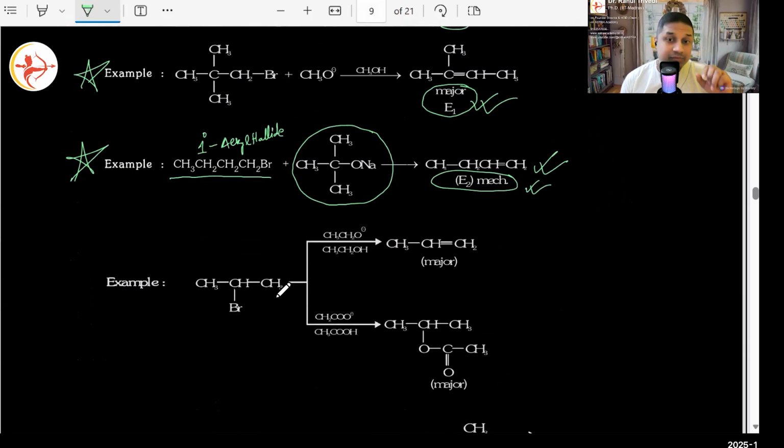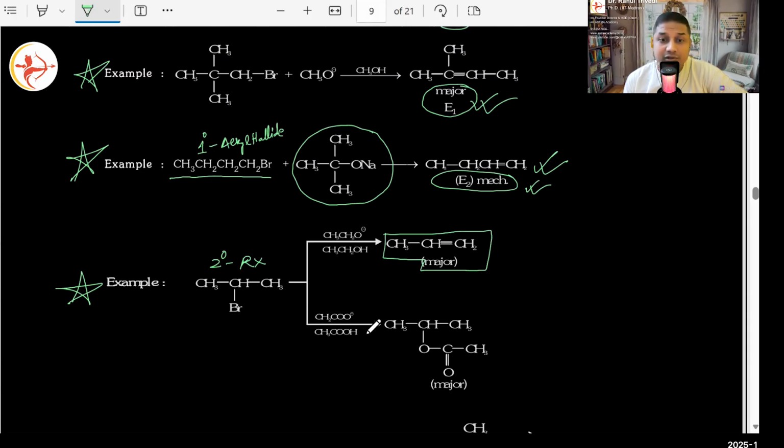What do we have here? 2 degree alkyl halide. Yes or no? 2 degree alkyl halide is there here. Now in case of 2 degree alkyl halide, if we are choosing this fellow as a base, C2H5O minus, what will happen? Elimination product will happen. Yes or no? Elimination product chances are there. That will be our major product. Everybody agrees? Yes. But if you use, rather than ethoxide,